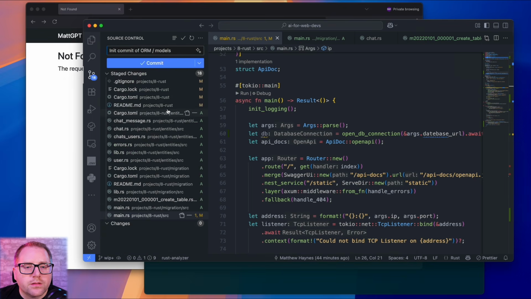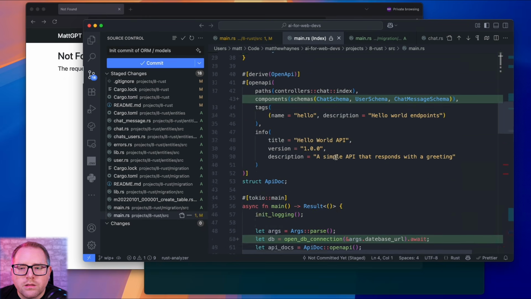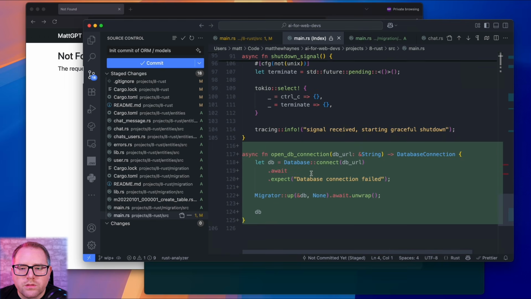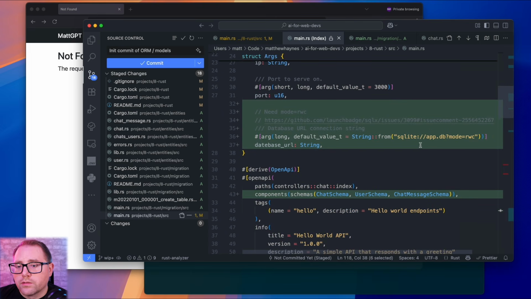So if we take a look here in main, the DB connection, what it should do, you can see here, open DB connection, and we're passing in an arg. We're going to use the app.db, so that'll save it in our project.